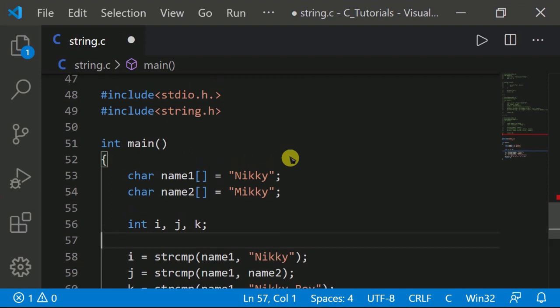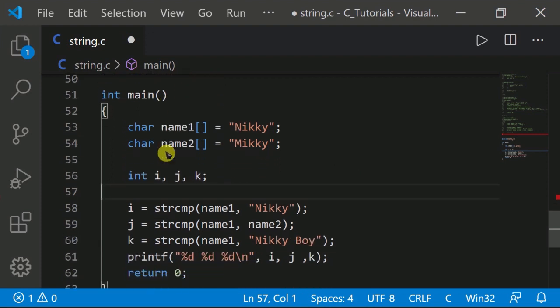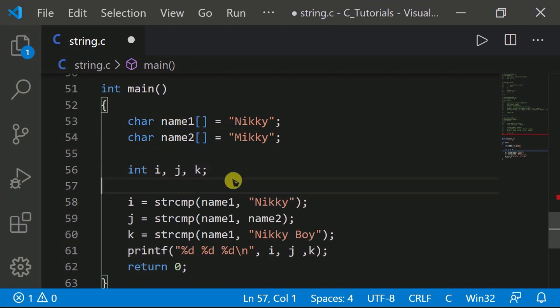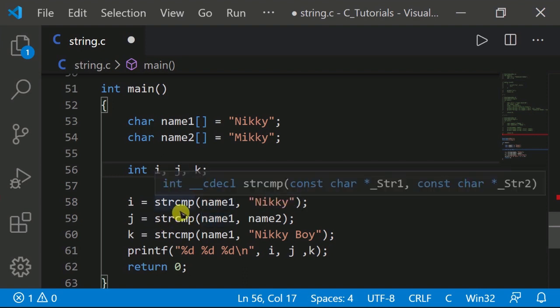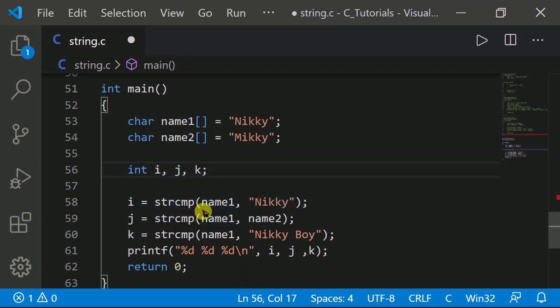Now you can see the simple header files, and here I have the same strings as before, but one is different. I have put three variables i, j, k. i is equal to strcmp, string compare, name1 and "Nikki".